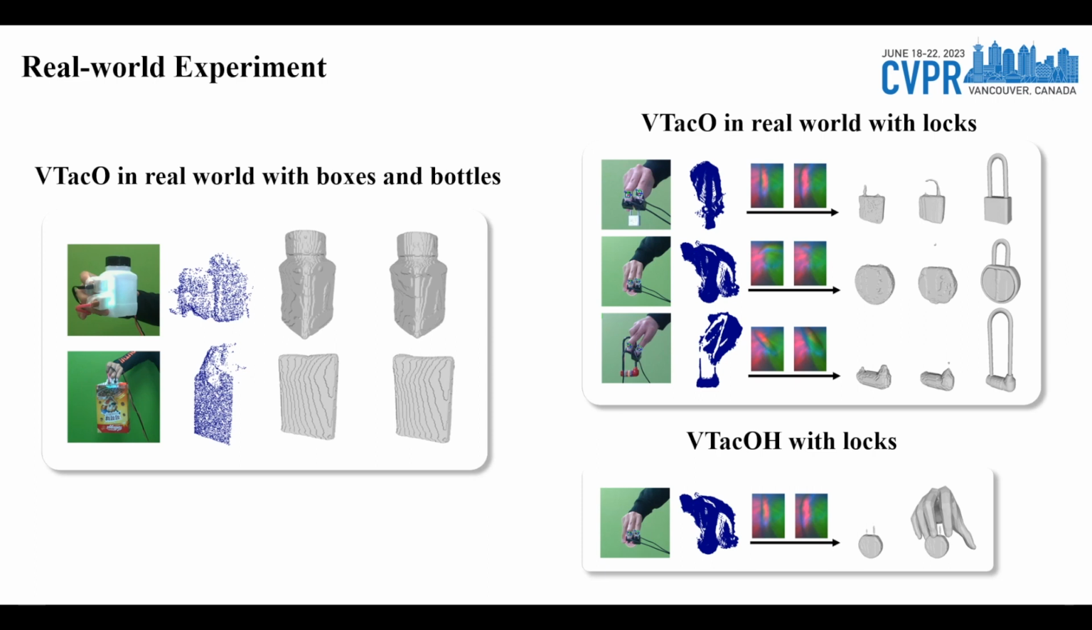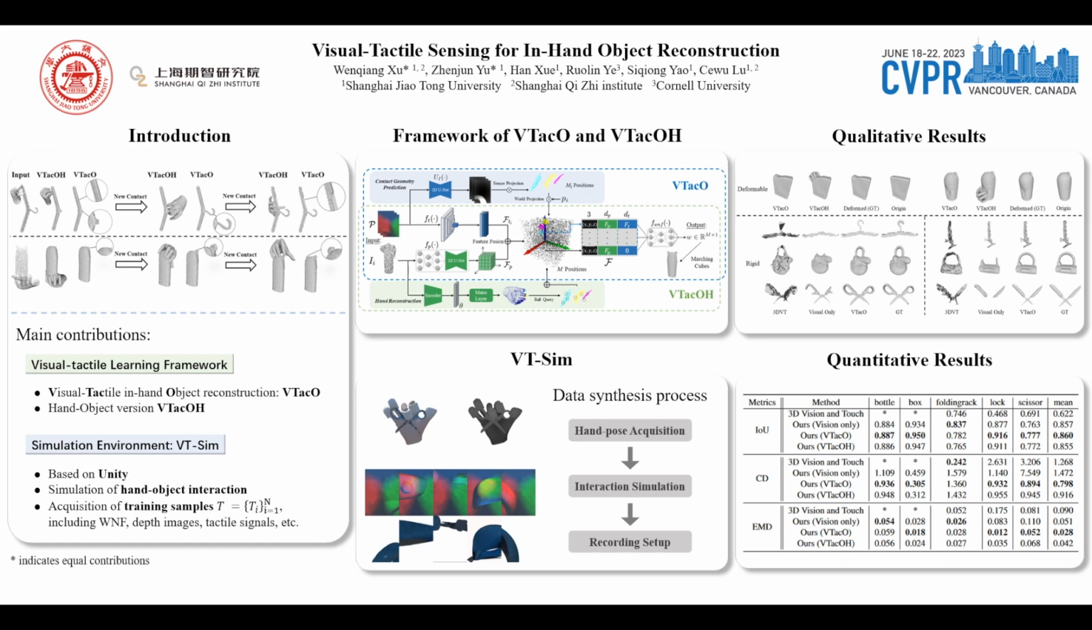In conclusion, we propose a novel visual-tactile in-hand object reconstruction framework, VTacO, and its extended version, VTacOH. Our proposed frameworks can reconstruct both rigid and non-rigid objects. The visual-tactile fusion strategy allows the framework to outperform the baseline methods and reconstruct the object geometry details incrementally. In the future, we are interested to leverage such features in robotics experiments to better estimate the object geometry in manipulation,